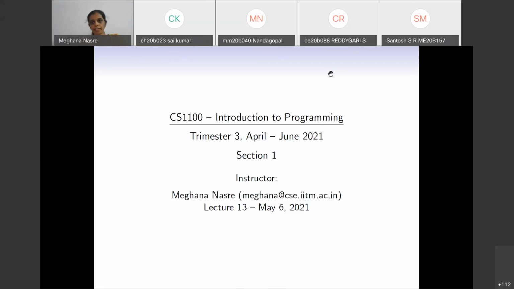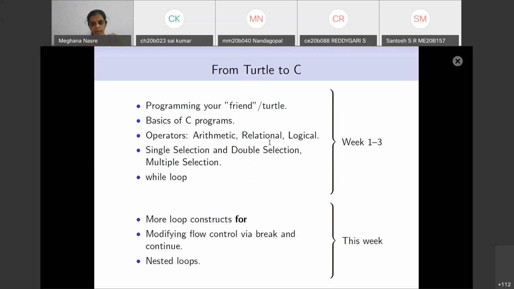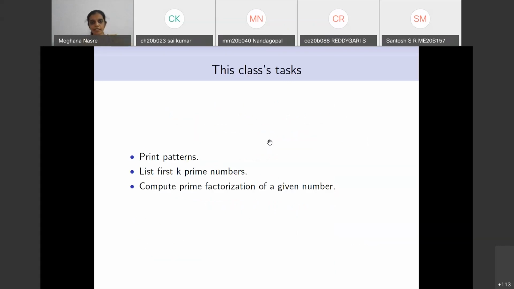So today, in this part of the class, we'll again exercise on loops, and we'll see how we can do some more interesting things, which are again modest, but will illustrate something new in today's class. Okay, so let's get started. The main thing we are going to do is loops, but in a different way today. So let's stare at these tasks. These are the tasks that we are going to do in the class.